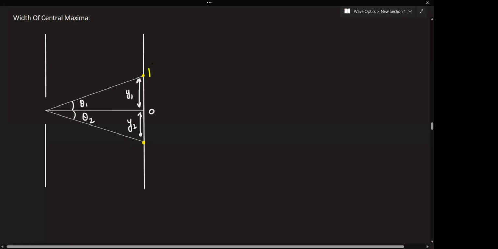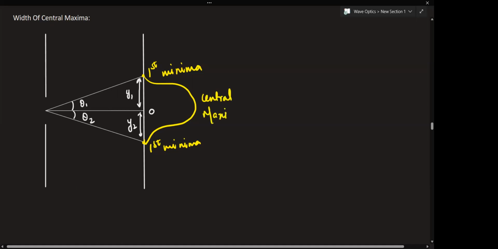Like if this is the first order minima and this is the first order minima on its lower side, then this part in the center is known as the central maximum that we have seen. Let us see what is the width of this. So the angular width